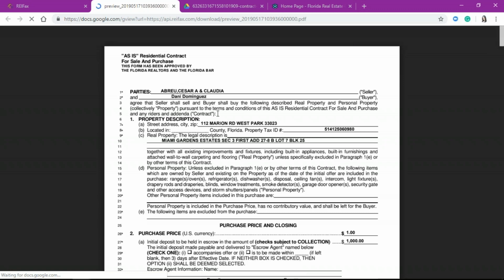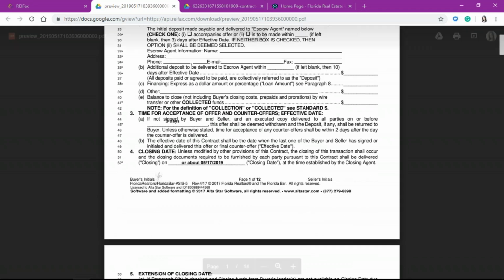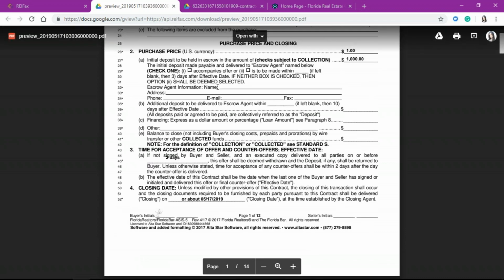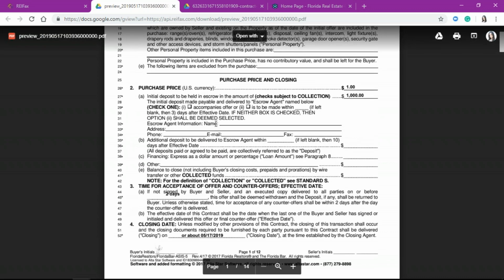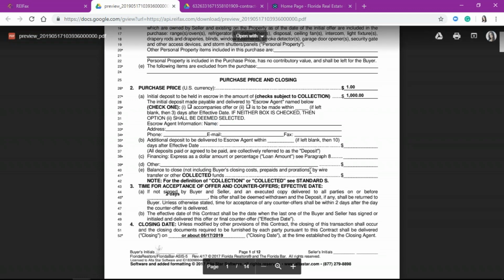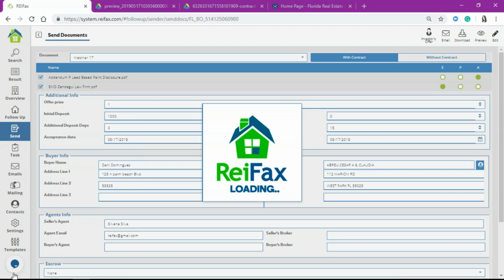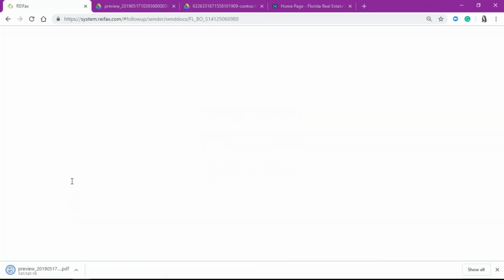So you see how everything generated smoothly, okay? You see that I put none of the escrow information, so it didn't generate, even if I do have the variable in there. And then the rest looks great. Now I can download it. You will see, depending on the browser you have, you will see it here at the bottom. Or you can, once you click preview,